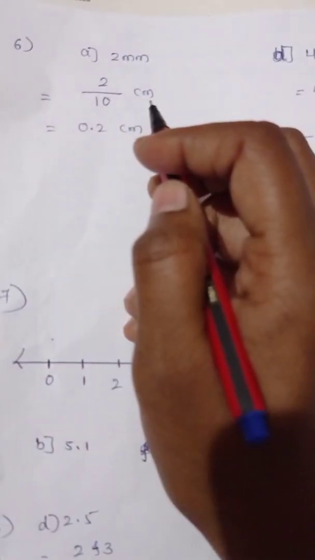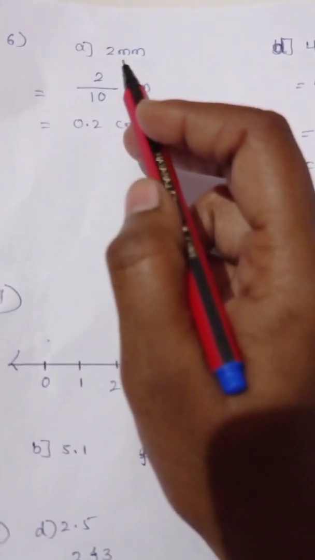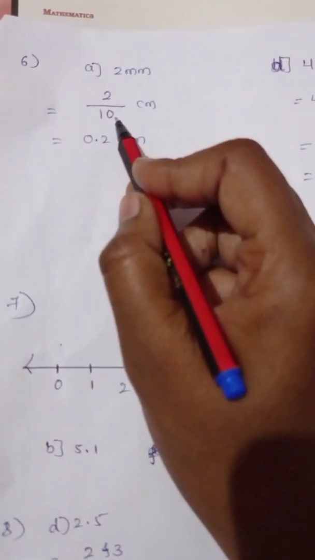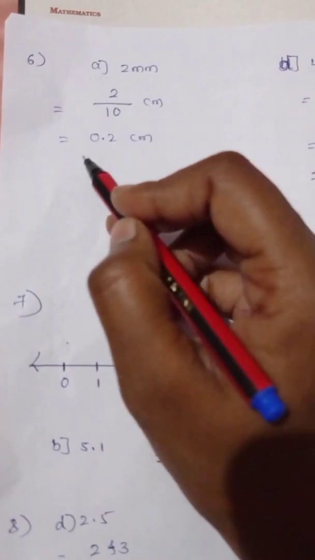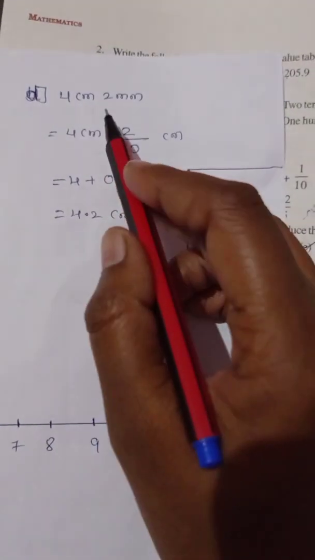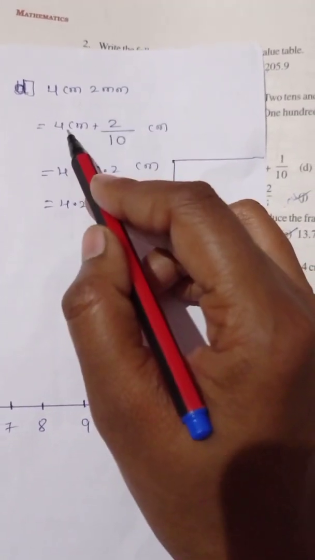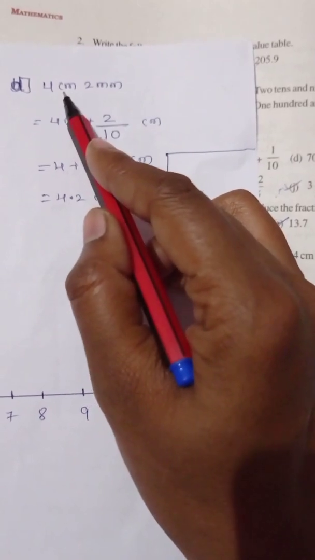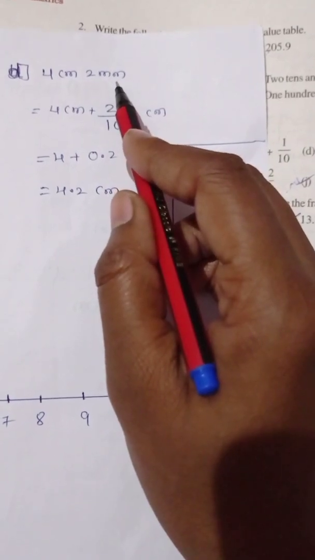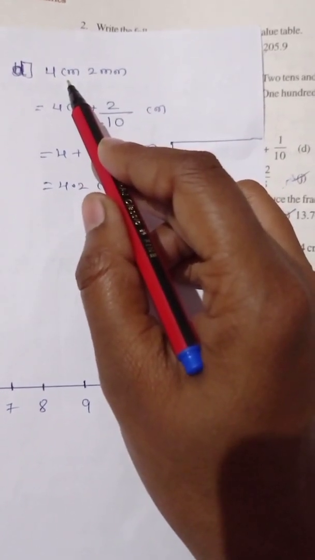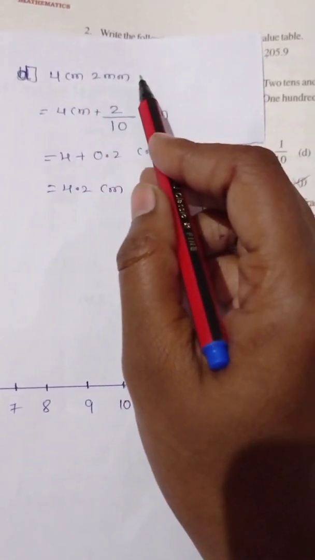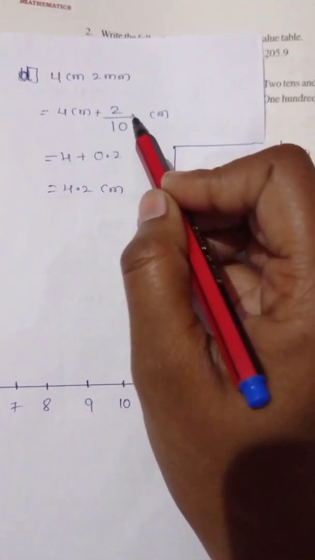Okay. So to convert from millimeter to centimeter, I will divide the millimeter by 10, or I multiply by 0.1. Here I am dividing by 10. In the denominator, I have 10. That's why after one digit from the right side, in the numerator, I will put the decimal point. Next one, 4 centimeter 2 millimeter. Children, here we have to observe the SI units. Here we have centimeter and here we have millimeter, right? For this, we need not convert into centimeter. It's already in centimeter form. Only this part I will convert. Okay. 4 centimeter plus 2 by 10.